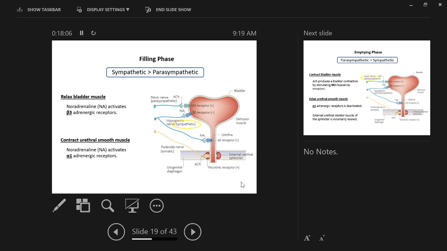However, you have to think more physiologically. So I'm going to show you both the filling phase and then the emptying phase. That way, it's easier to understand. So, filling phase,